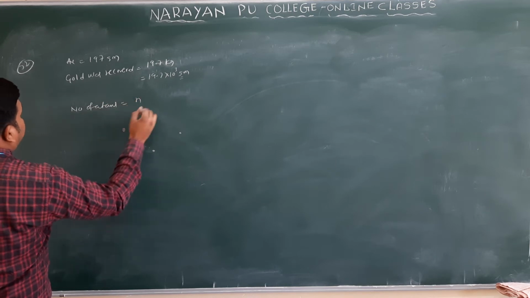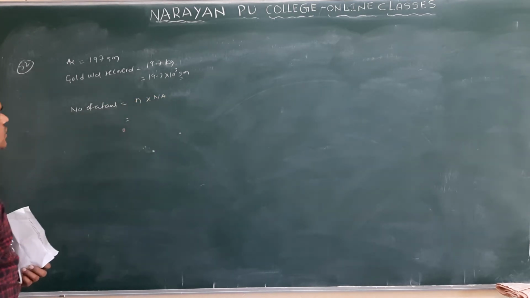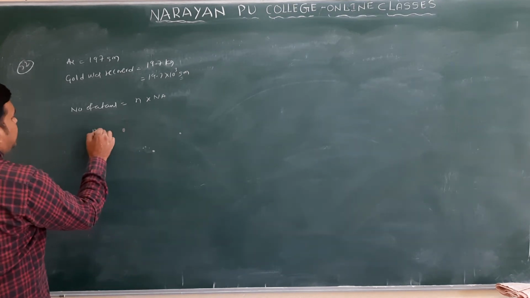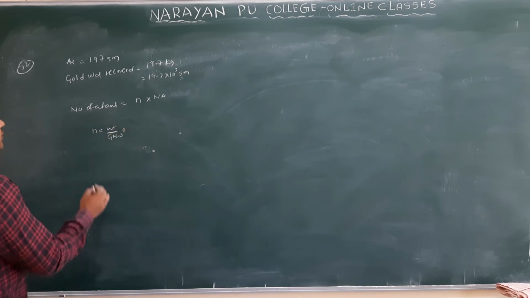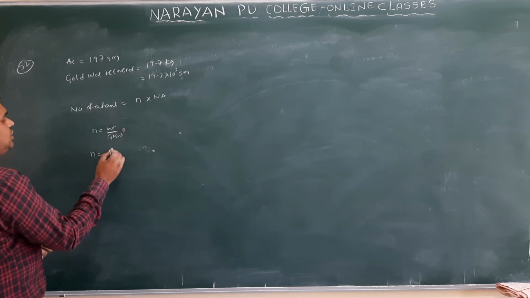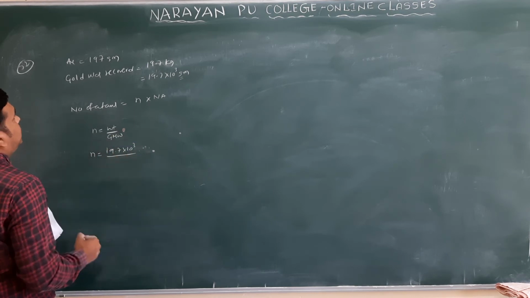Number of atoms will be N into Na. What is N here? Number of moles only. So what is the formula? N is equal to weight by gram molecular weight. What is the weight given? 19.7 kilograms. You will write here 19.7 into 10 cube by